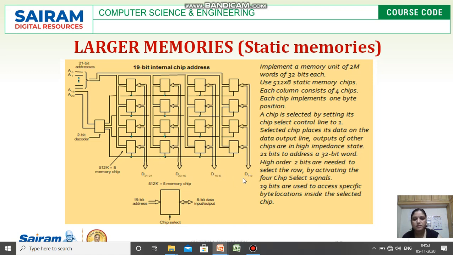We read the value from D0 to D31, as it is a 32-bit word. In this diagram you can also see a 19-bit address, an 8-bit data input or output line, and chip select, all of which are used in this memory chip.